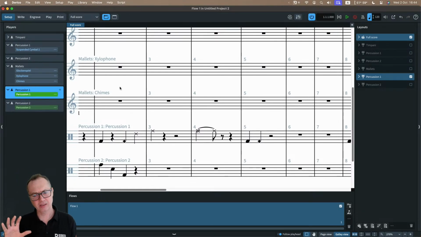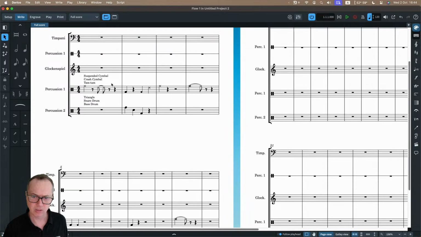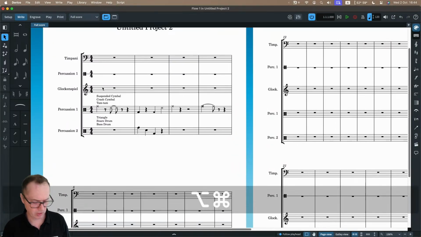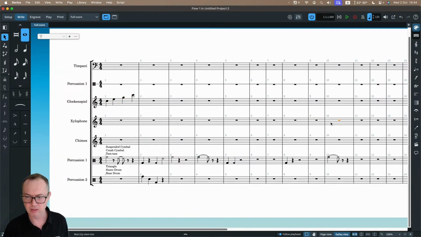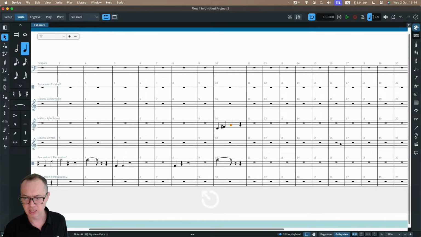Now, I think what we'll do... Oh, actually, let me just check. So if you're doing things, we've got our 3 instruments. Oops, we went to page view, and we've got our glockenspiel. We didn't bother labeling that on mallets, but we could have done. So, of course, this would apply the same way, that if you're writing notes for your glockenspiel, oops, I've got my MIDI keyboard in the wrong octave. If you're writing notes for glockenspiel here, and then you're writing notes for xylophone here, and then chimes later on,